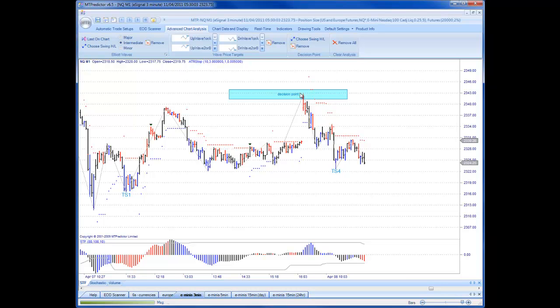And in fact, some MTPredictor customers that we were talking to in our webinar on Friday actually sold that and took a trade down into this TS4 buy setup here for a lovely plus 2.5R. So they had an extra trade of what we call a gap open for another plus 0.25R. Now the important point is as we go forward,